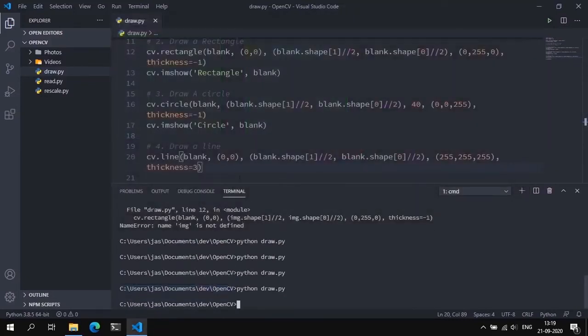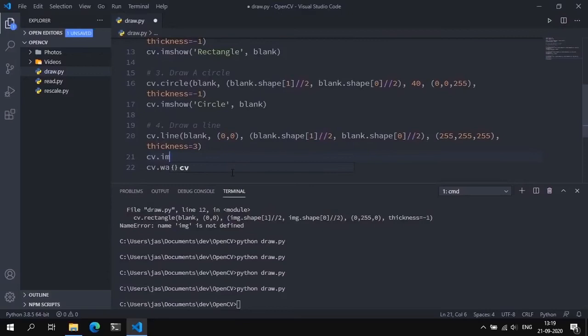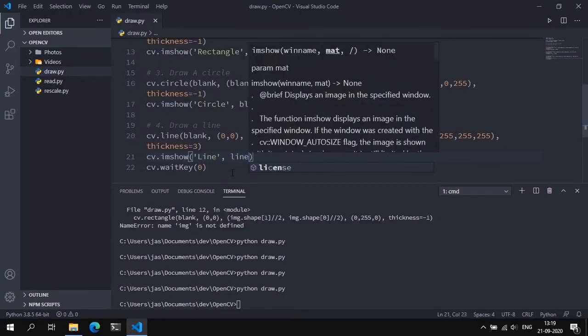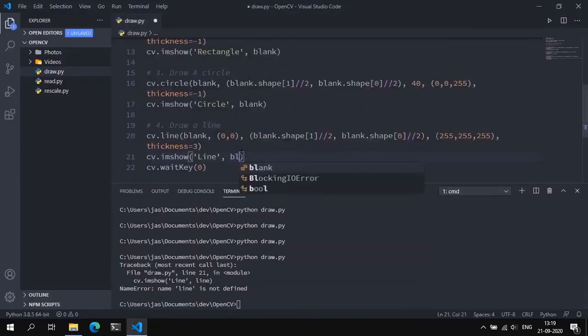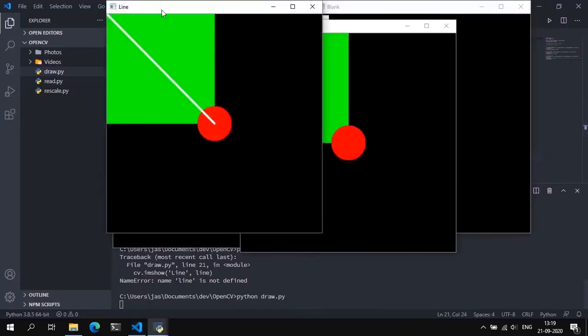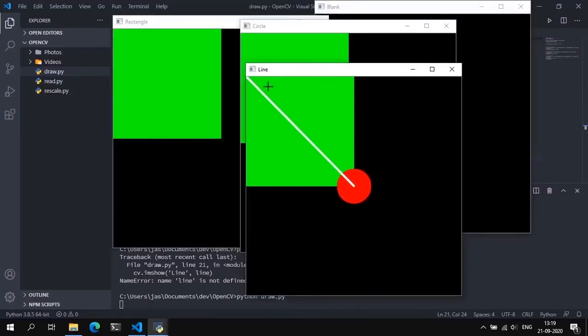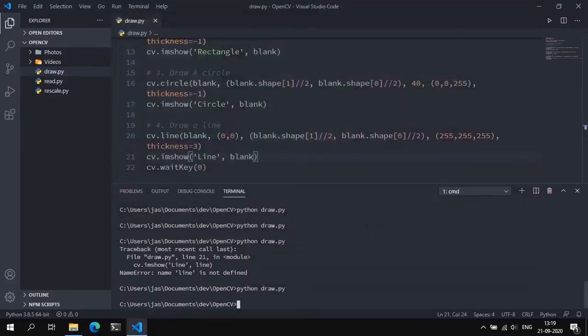And we didn't display this image. cv.imshow, call this line, draw the line. Blank image. And we get a line that goes all across from 0,0 to 250, 250. Let's try and play around with this, and let's draw a line from 100 to maybe